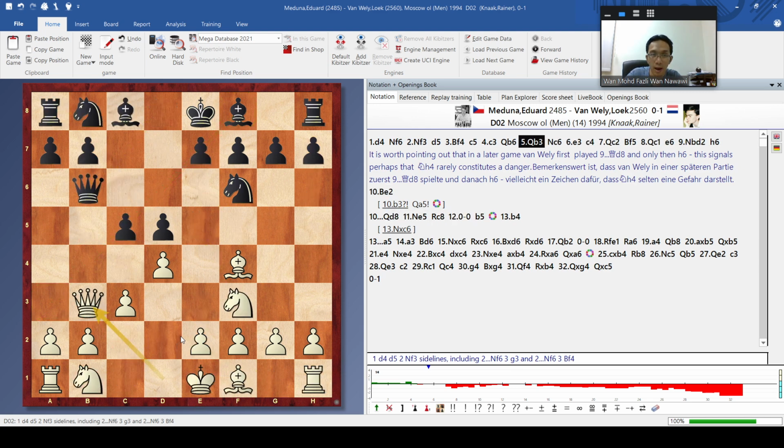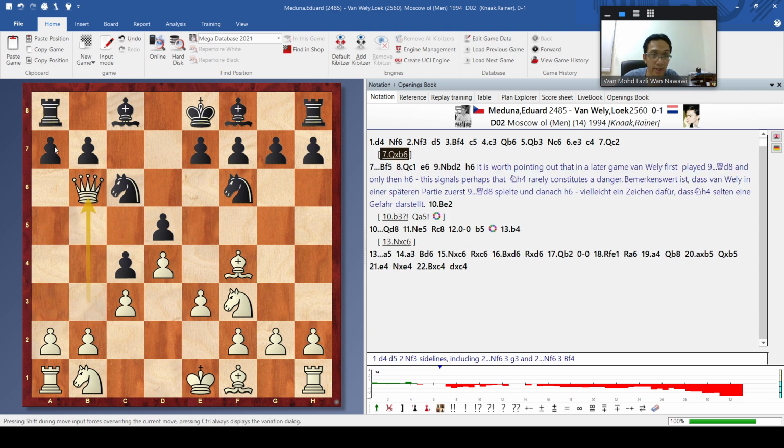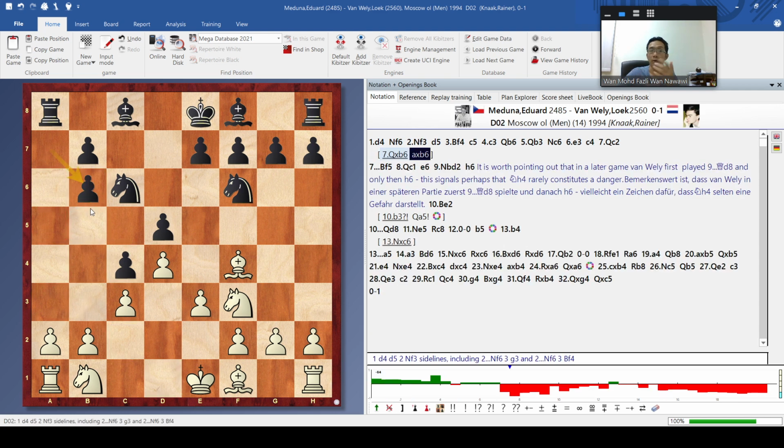So if you have this in mind, then it's easy for you to get the idea for planning. For example, let's say black plays this, and let's say white plays this. Even like this, at least now you already know the plan for black.